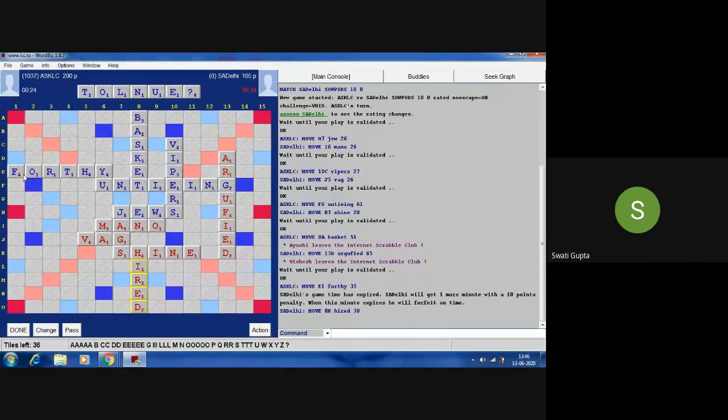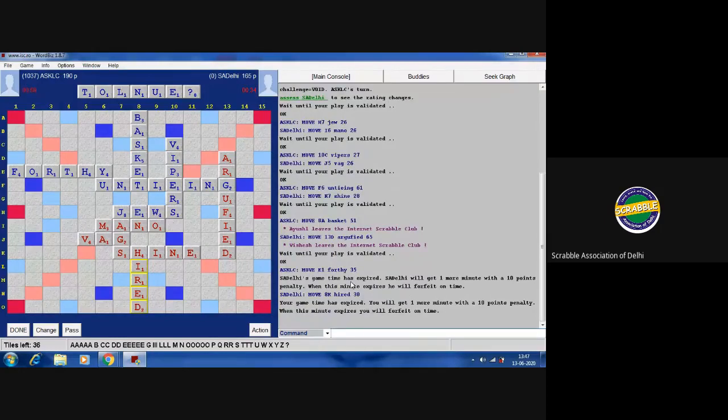Hired, we would have placed hired over here also. But yeah, triple letter we would have got twice. But I see now my focus was not on scoring. My focus was on saving time, because you can see that my clock is already in the red zone. So when we're playing on ISC, we need to be careful that we don't lose time. Fired would also have been a good choice. Yeah, say a word, Swati, you were also going to do that.